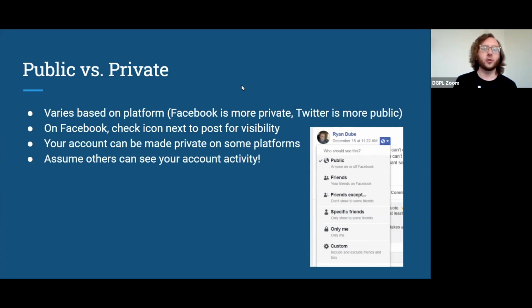And I've mentioned this earlier with regards to Instagram. On some social media, you can make your entire account private so that only approved users can view it. I believe Twitter also allows that. It's not really what most people use Twitter for.